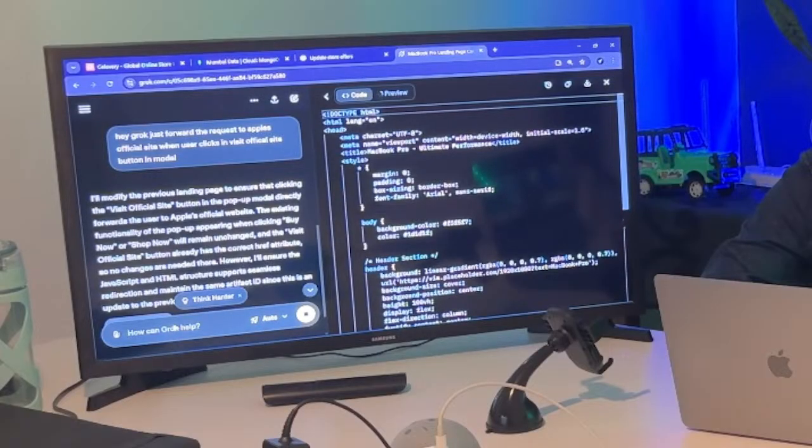So let's see how it happens, how it will make, how the preview will be. Okay,